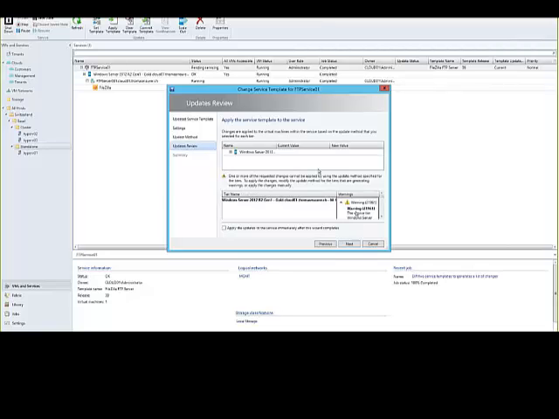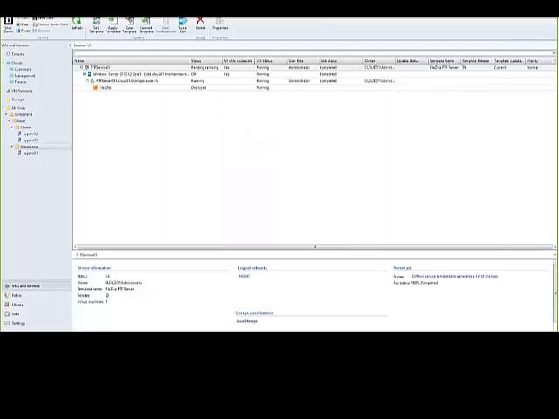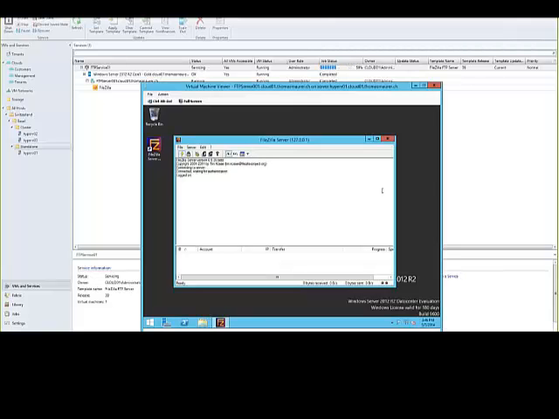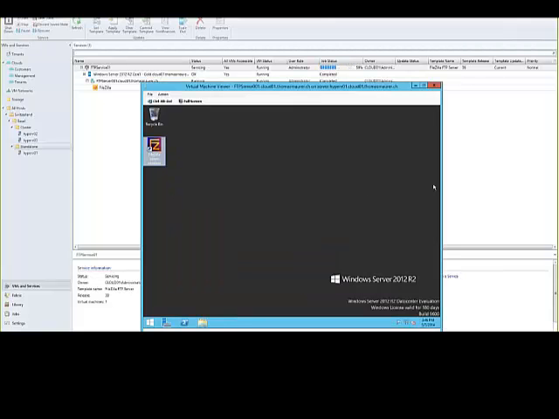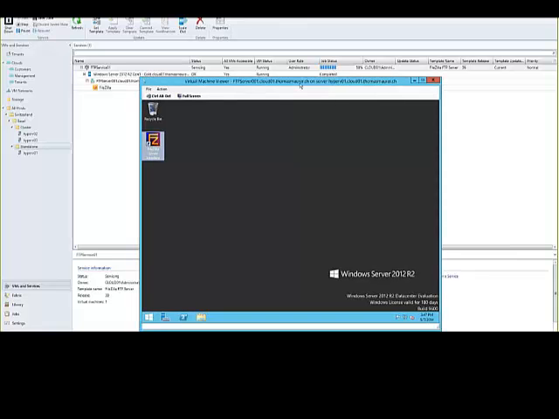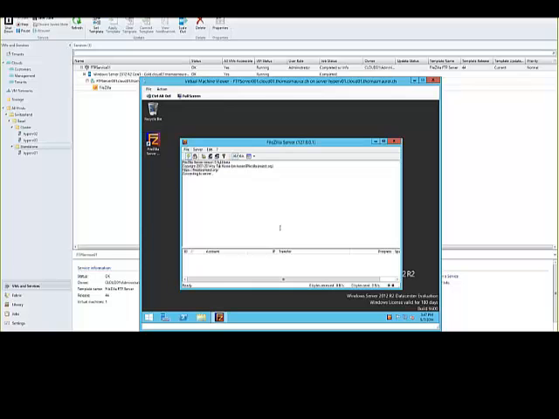Now we'll get a warning, which basically says you have only a single service deployed on that instance, so if you update that, the service will not be available for a couple of seconds. Okay, I can ignore that and say let's do the upgrade now. And what's happening now, we can see that. I hope it's fast enough. You can see the application gets removed, that virtual application gets removed, and VMM will now attach the new version, the new release of that thing. So you can see the status is completed, and now I open that application. You can see I'm now running the new version of FileZilla server.